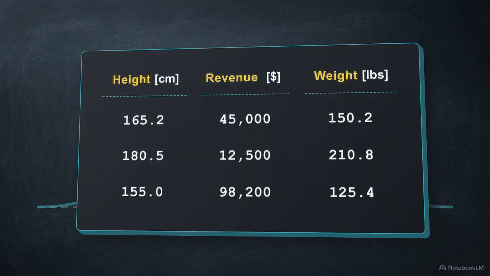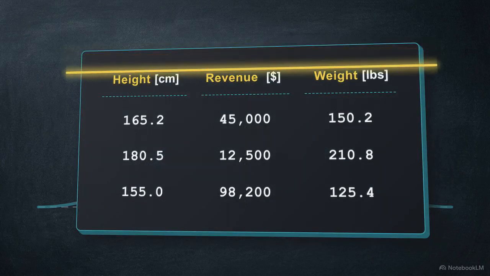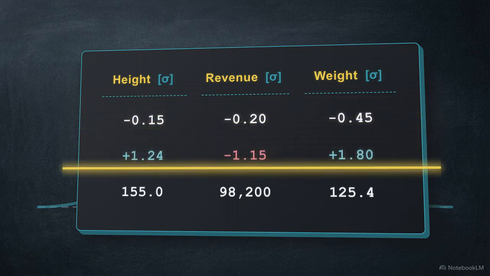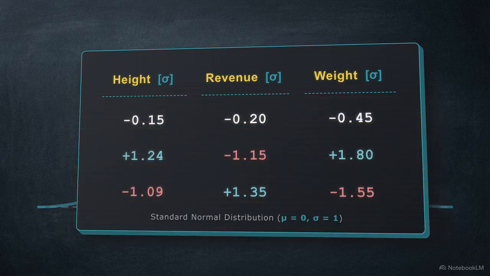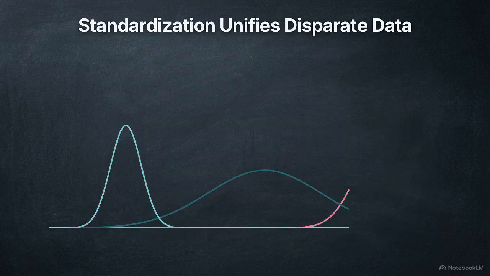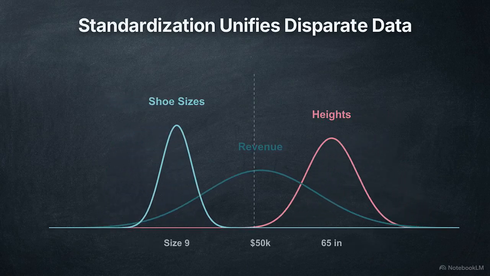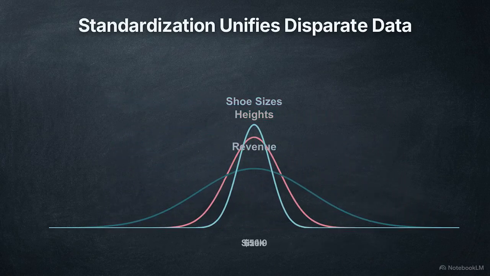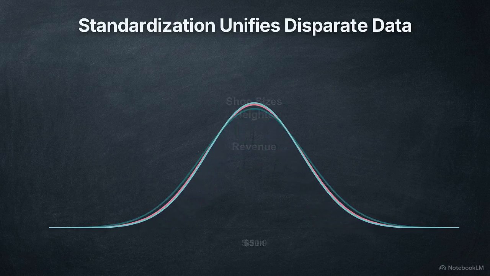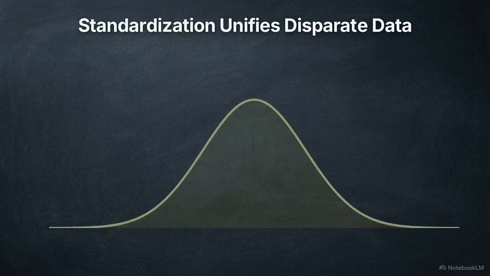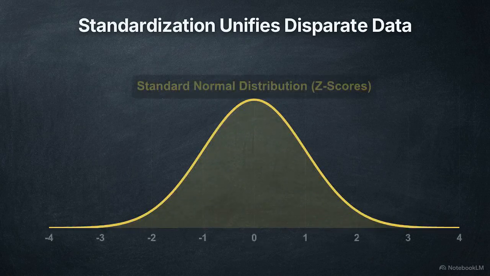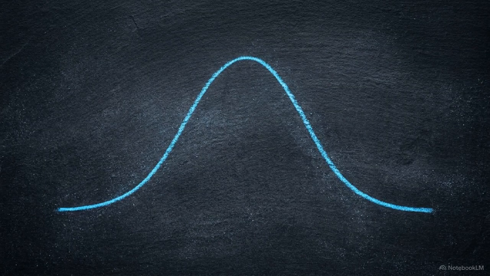This standardization is a mandatory engineering step. Converting raw measurements into Z-scores allows pattern-finding algorithms to process information effectively. Whether looking at shoe sizes, daily revenue, or heights, the raw numbering on the x-axis varies across features. Applying Z-scores forces these different distributions to align. Original units are removed, leaving a single horizontal axis measured in standard deviations. This unified state is the standard normal distribution.